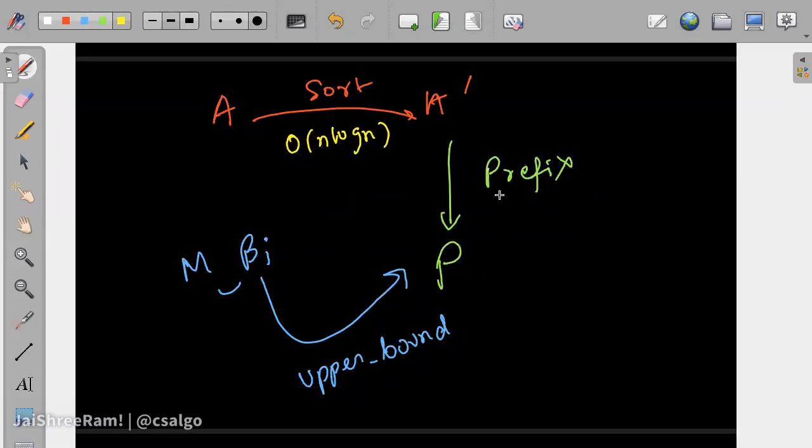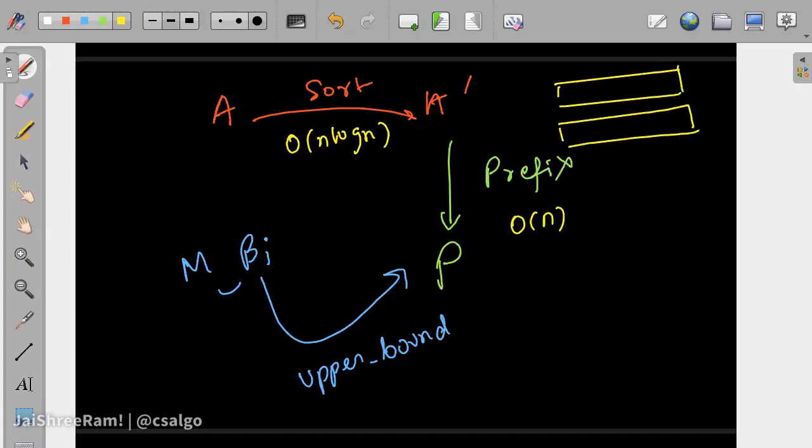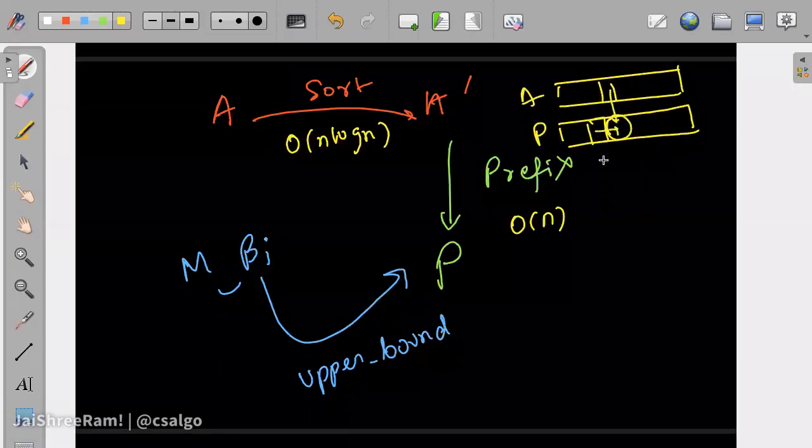The prefix sum building part takes order n, because you can run a single loop. If you have a particular array, then for a particular element in the prefix array, you can get its value from the sum of this and this element of the original array. So this takes order n. And for each of the Bi, we are doing one search over here.